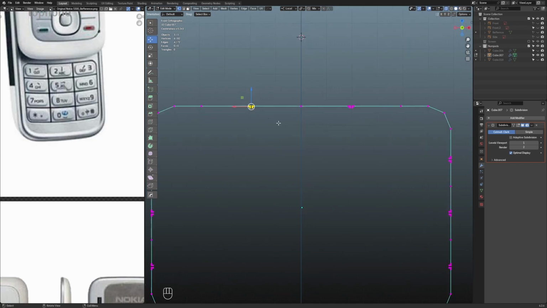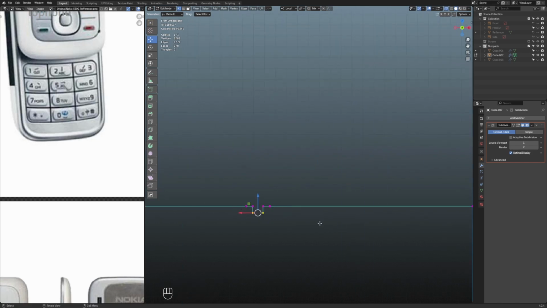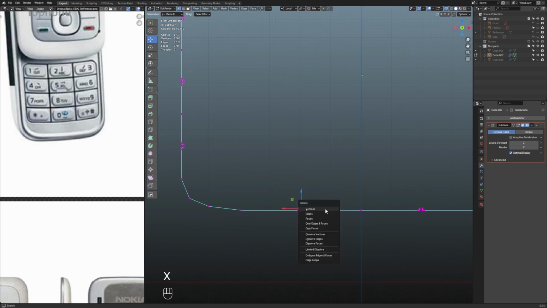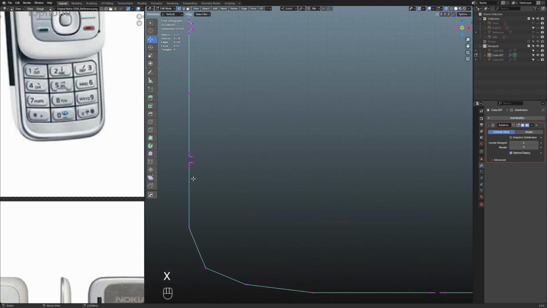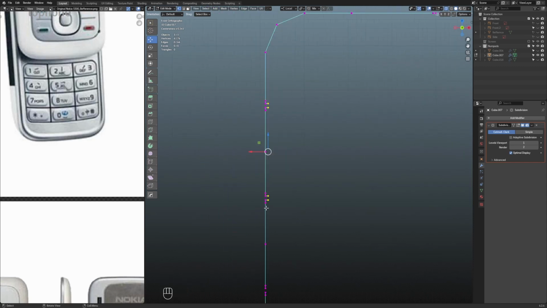Also just clean up this, something like this. We can delete this as well, delete this as well, and let's just delete this,